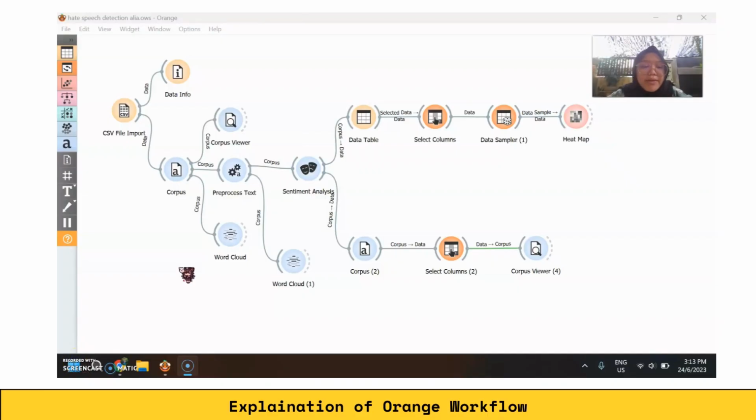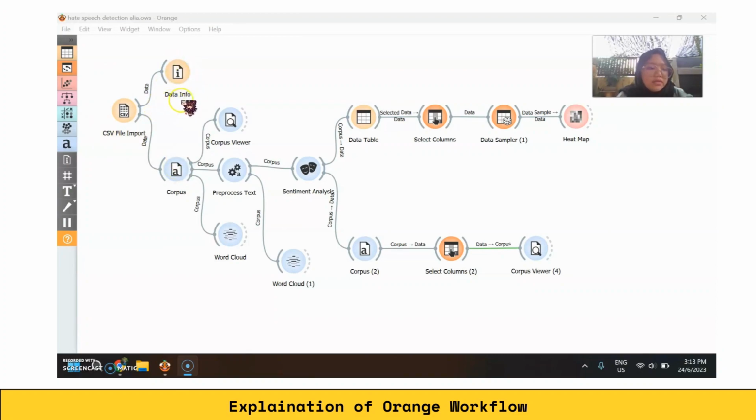In this section, I will explain the workflow of our project using Orange software. Firstly, we import the raw dataset of hate comments on Twitter using the CSV file import. And then we connect it to data info and corpus.